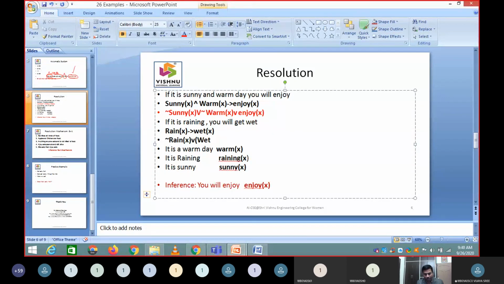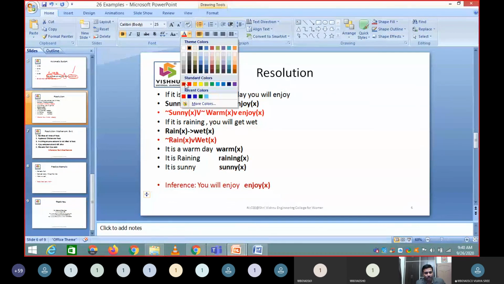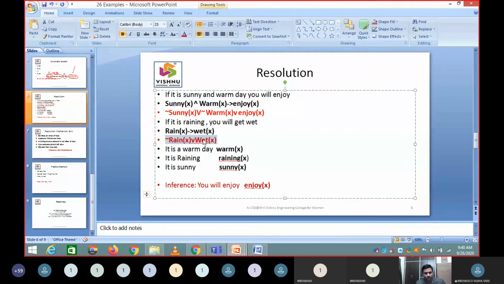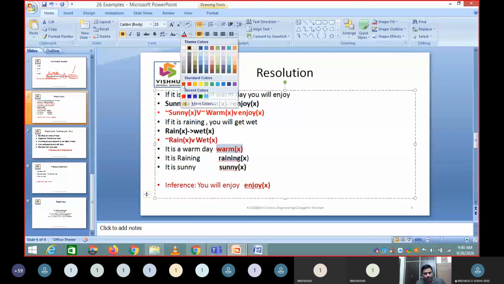Just I will remove this part, there is no need. So this part is in clause form, because in clause forms all these are not allowed, like implications and all the things. This is not allowed. So obviously this part is right. So warm of x is in clause form. These are all our atomic statements. All these are clause forms.